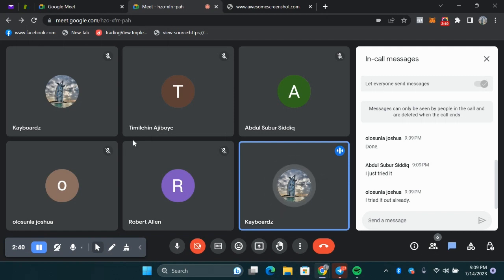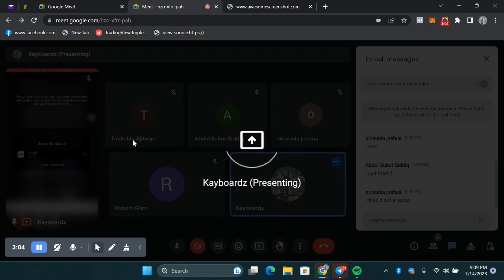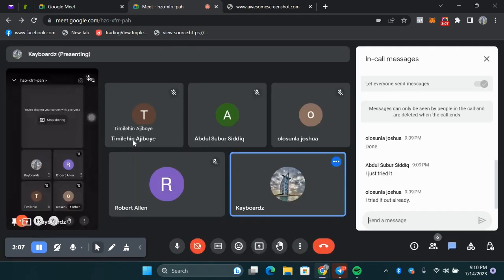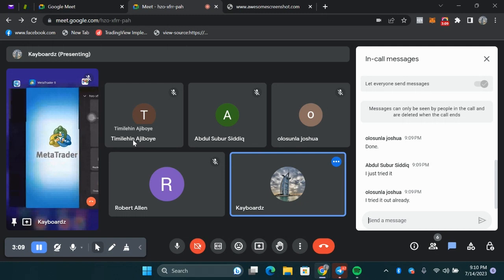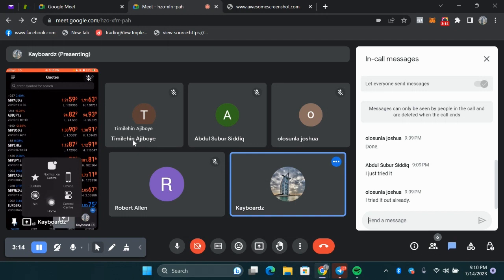Now, if you click on that middle button just below your phone, don't worry, I will share my screen pretty soon. So if you click on that button, you see something like... wait, let me share my screen with you. So I won't just be saying it. Okay. So if you click on this home button here, if you click on trade,